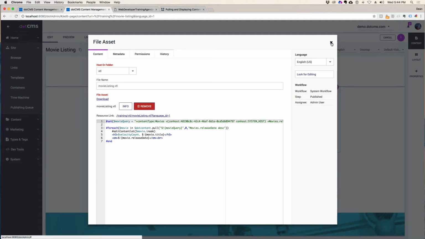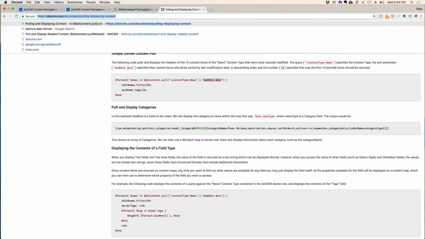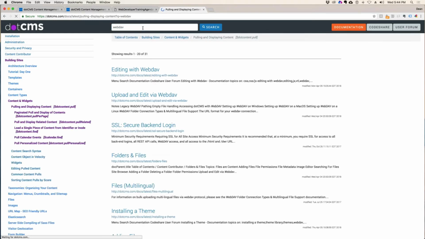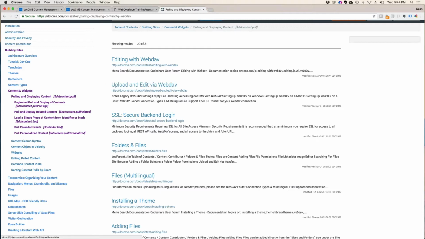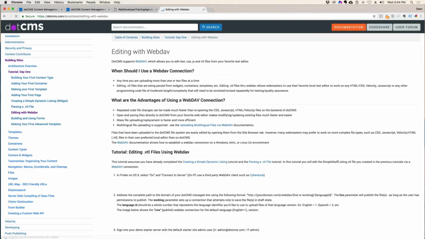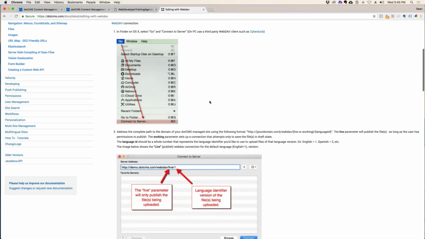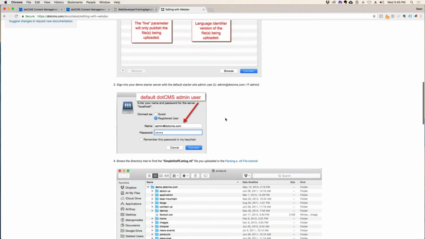Or what I prefer is you can use the Webdav protocol. So here I can go right to log into my server using my favorite text editor and edit the files there. Now soon we're going to have drag and drop editing, and something that's a little more modern. Right now it's only Webdav, but we are currently working on some even better improvements here. But if I look at editing through Webdav, how to make a Webdav connection, it's kind of like FTP. It's just an HTTP protocol, so we can go right to that server,